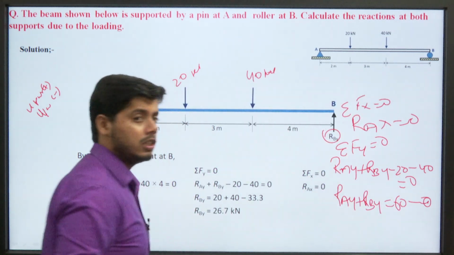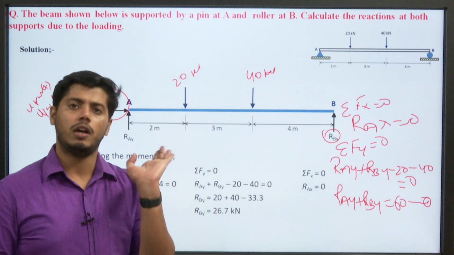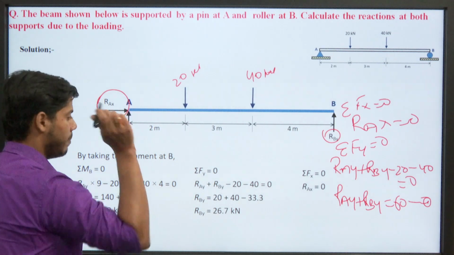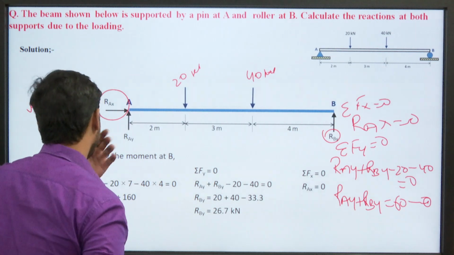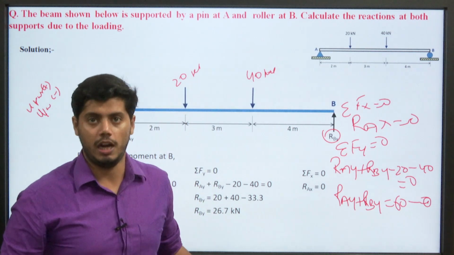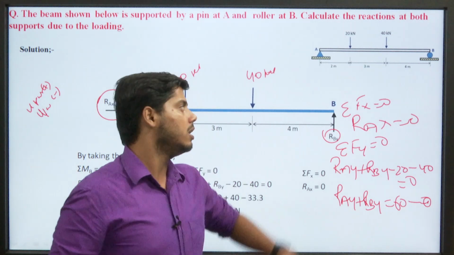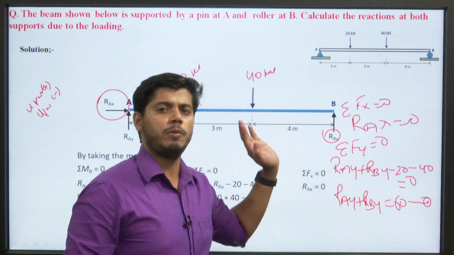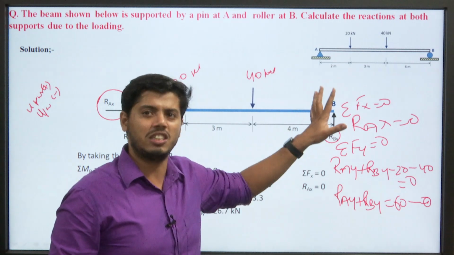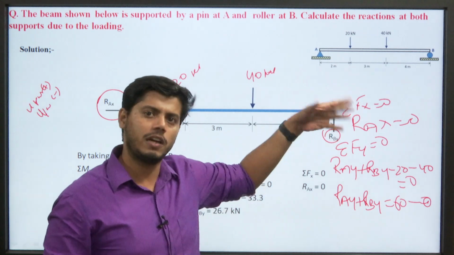Now, the next equation is the summation of moment about the axis perpendicular to the plane, the one coming out of the plane. Now where do we take the moment equal to 0, at support A or support B? Here we have the liberty to take the moment at either support, because both are far end supports and there is no restriction on the moment, so it is freely available.